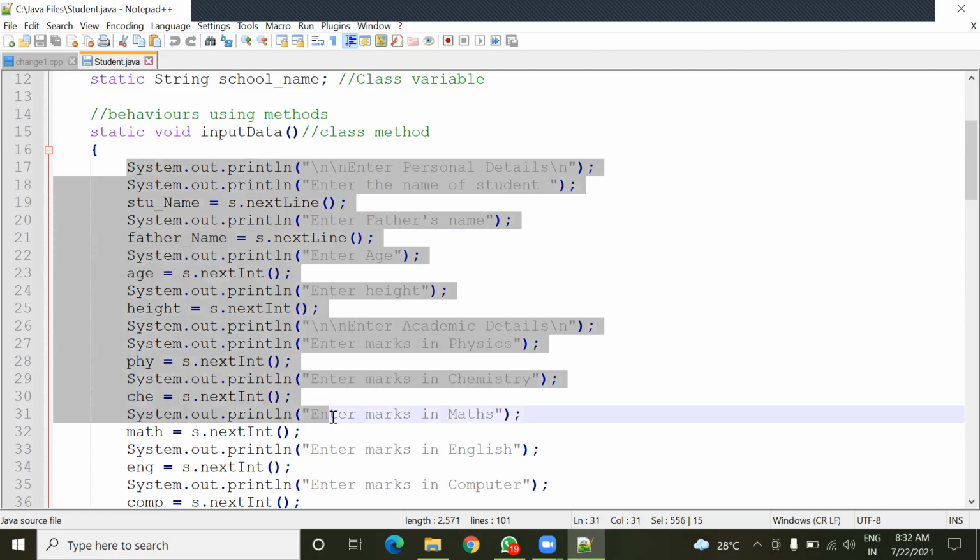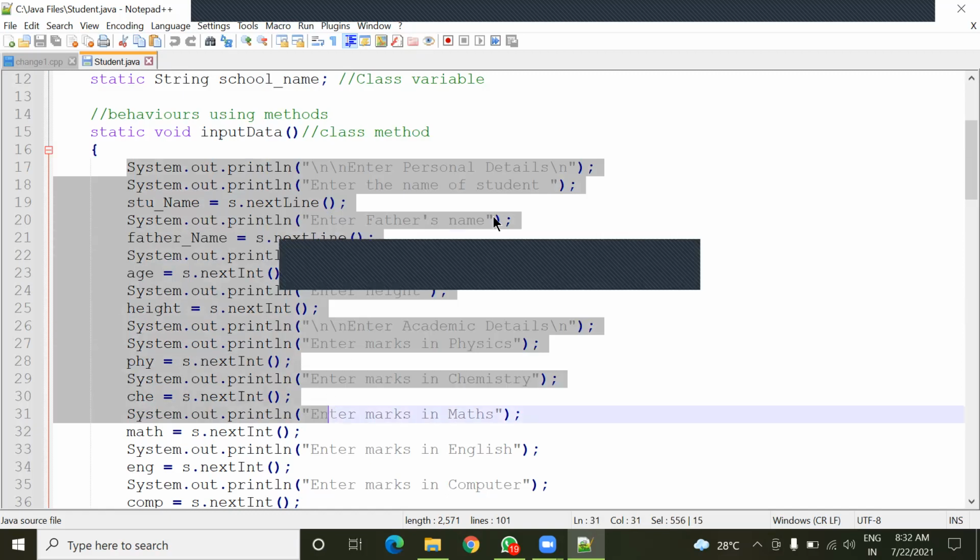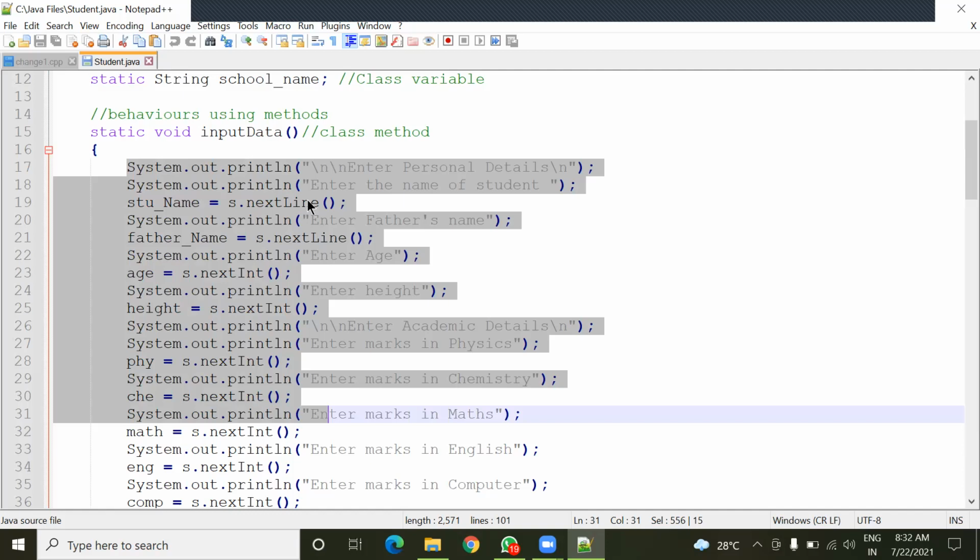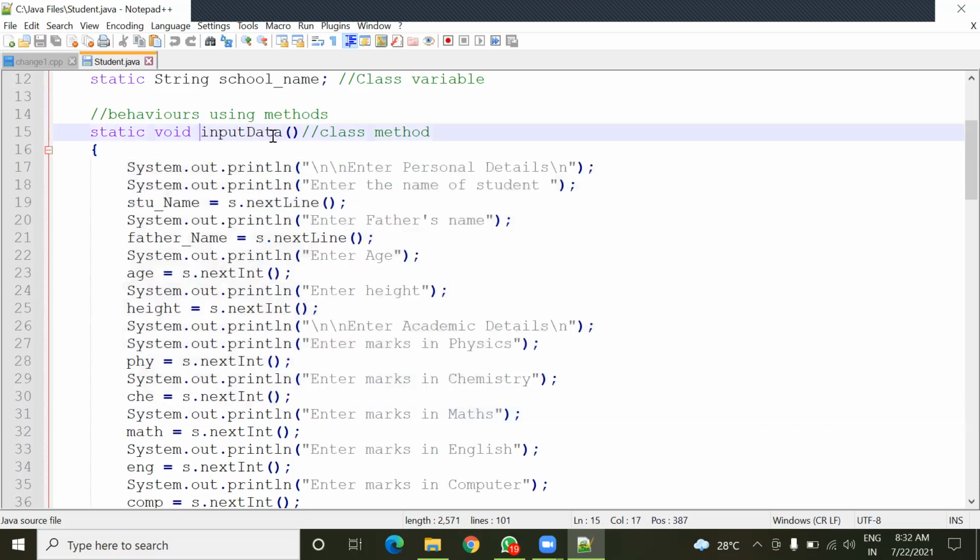If we have a stu name, then there must be the name of the student, so we need to take as input the name of the student. Just like the student name, there will be father's name, the value for age, and the value for height. All these values will be taken with the help of this input data method.